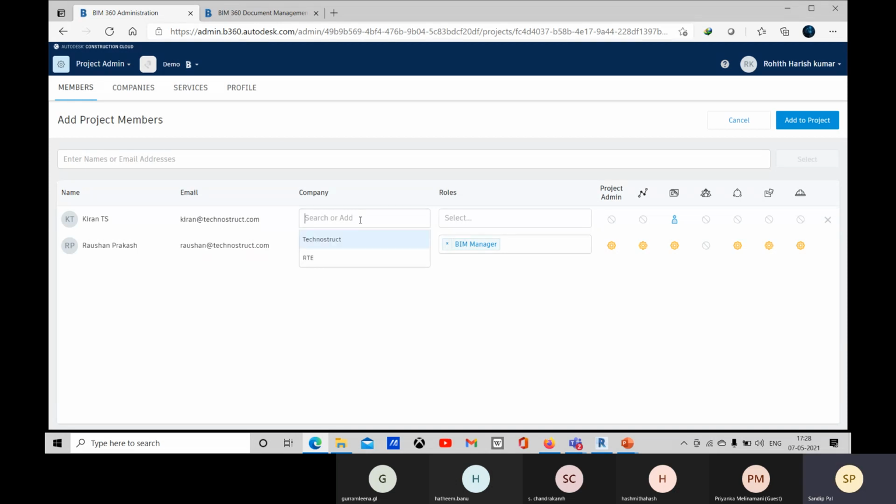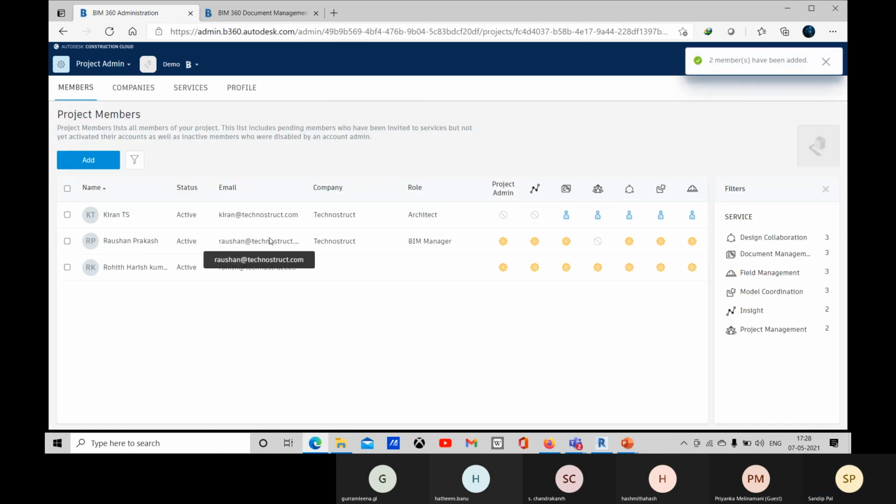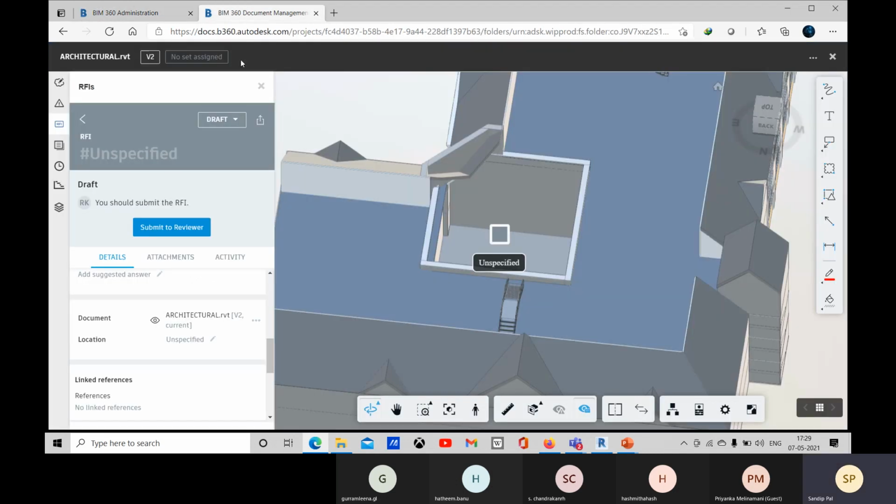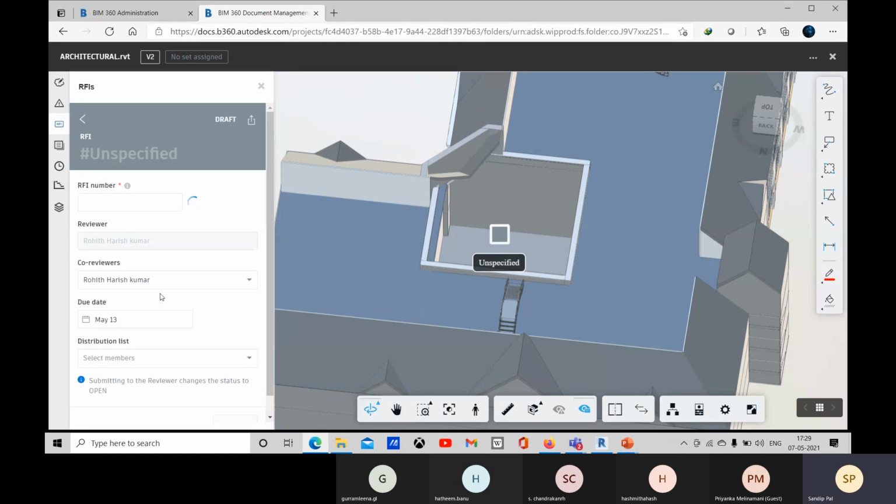Let me add them. And let's add to project. These two members are right now added to the project. Okay. So now let me check.